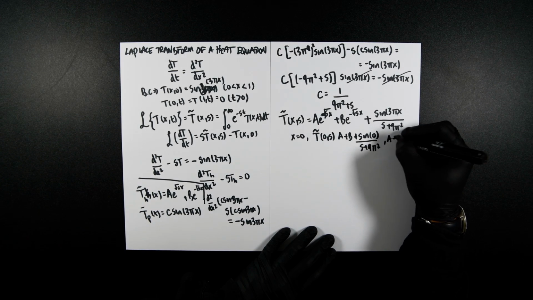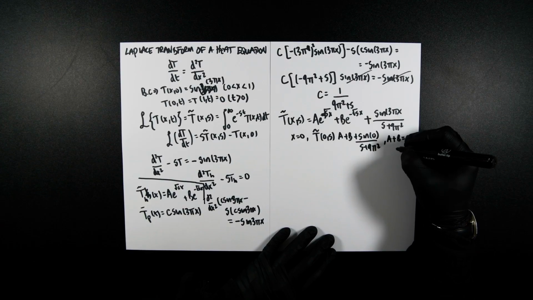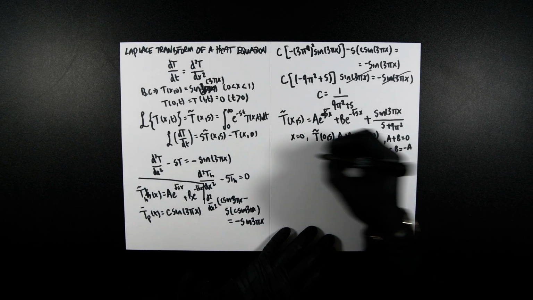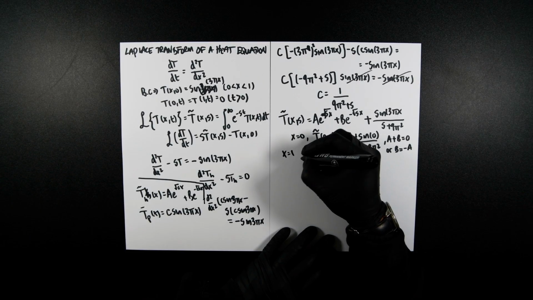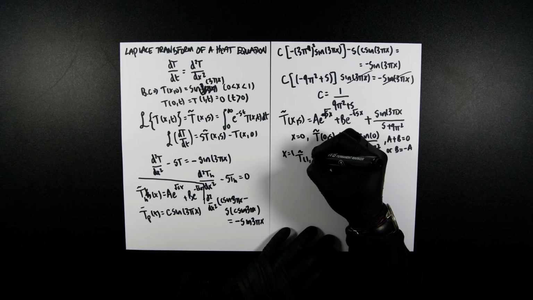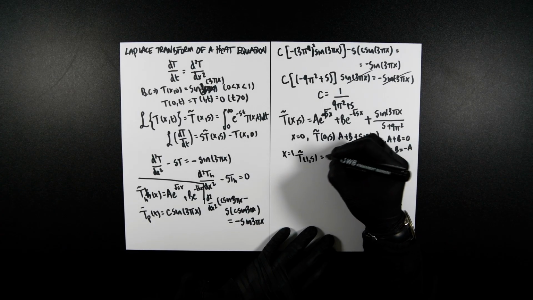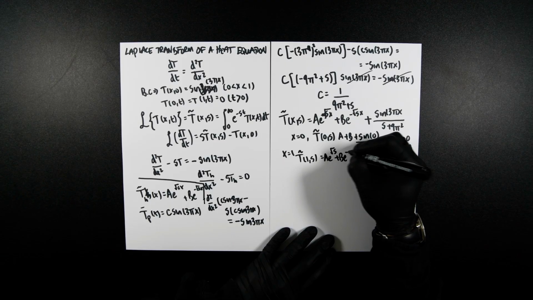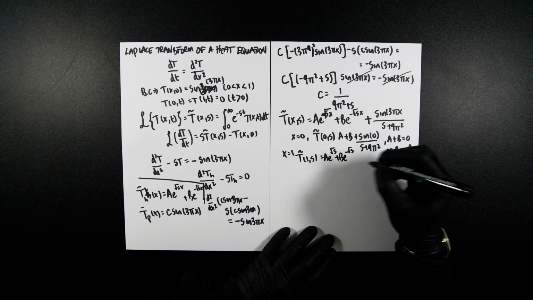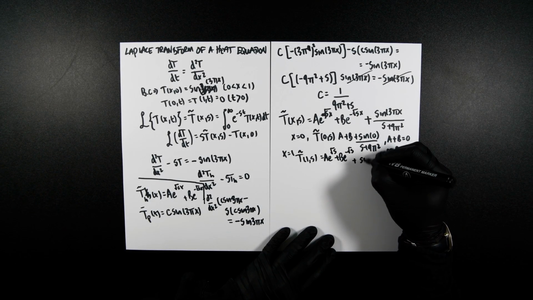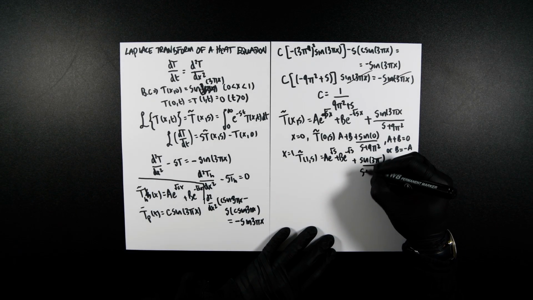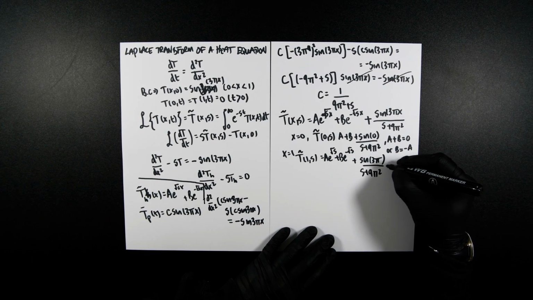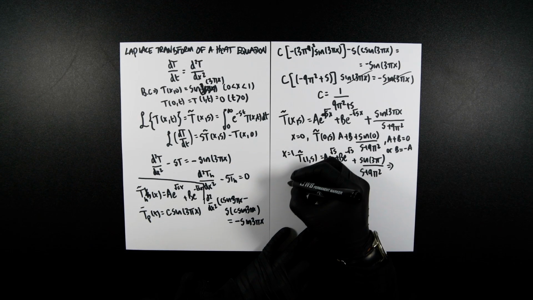You're going to get A plus B equals 0 or B equals minus A. When x equals 1, you will now get A e to the root s plus B e to the minus root s plus sine 3 pi over s plus 9 pi squared, which is going to equal, I'm going to go over here,